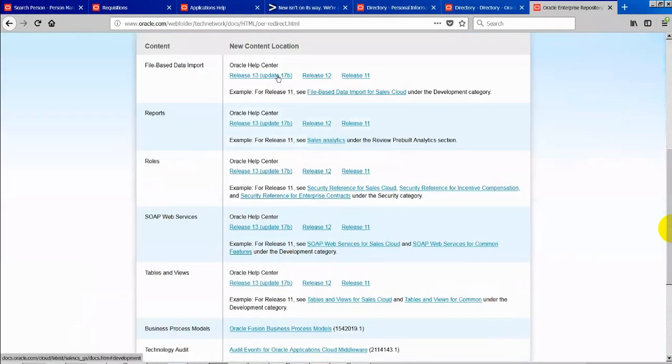Within that we might be seeing update 17b, update 17d. As of now, if any customer goes to Oracle today to buy Fusion, they're giving release 13, 17b.